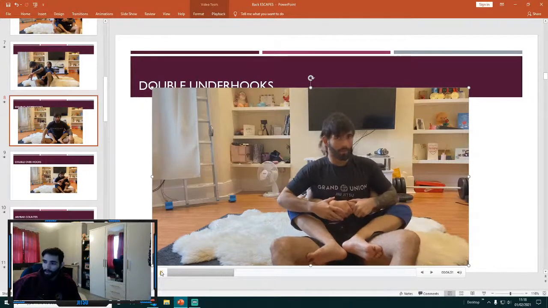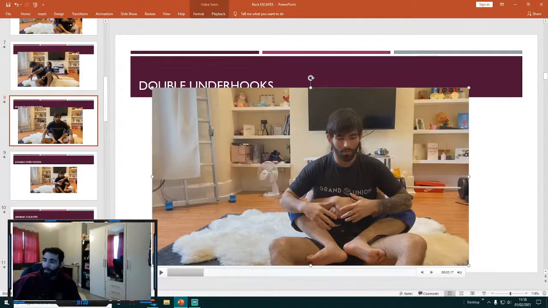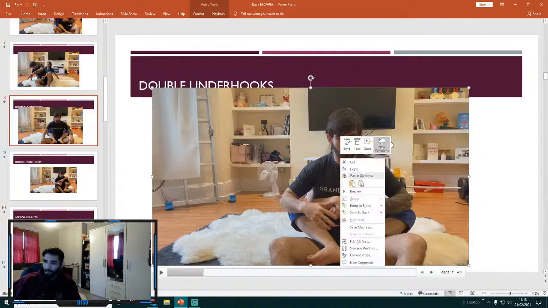So your usual counter for this, if they have double underhooks, your neck is kind of safe temporarily unless they take the arm out. So if you can trap both of the arms there,